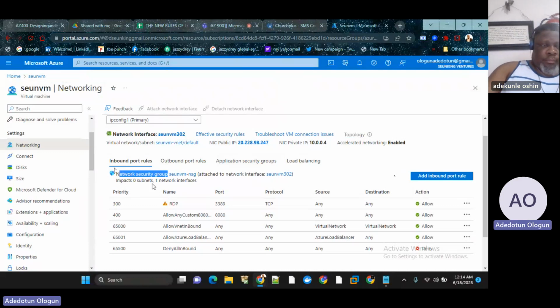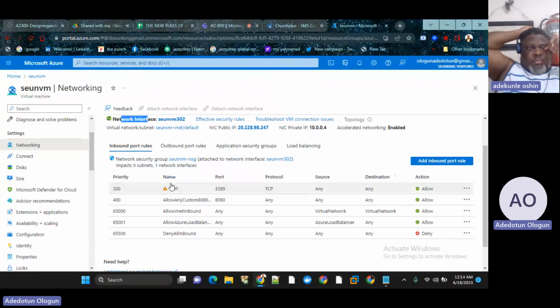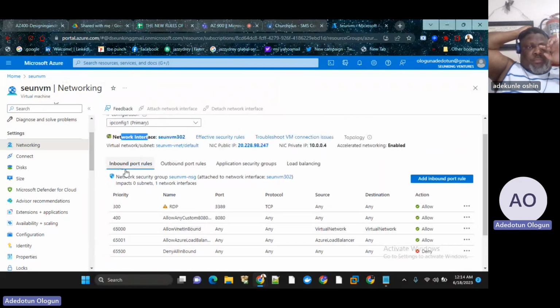You understand? So one thing: this network security group is not attached to any subnet, but it is attached to one network interface. It's attached to this interface because there is only one virtual machine. Okay. So this NSG